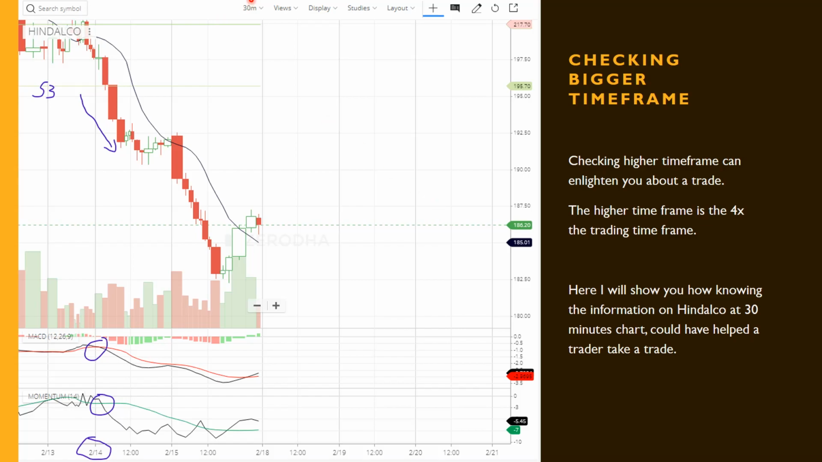So look at the 30 minutes chart. What do you see? Hindalco, this is the S3 line. Even if we can't see all the above pivot lines, this is S3 because there are no more green lines below it. Okay, Hindalco already convincingly closed below S3 support 3 on the 30 minutes chart. Okay, and it is already below